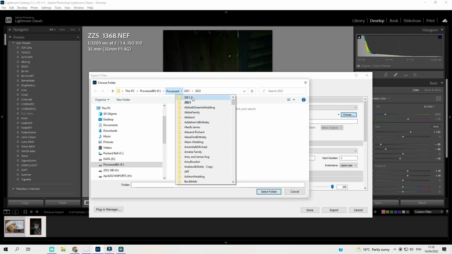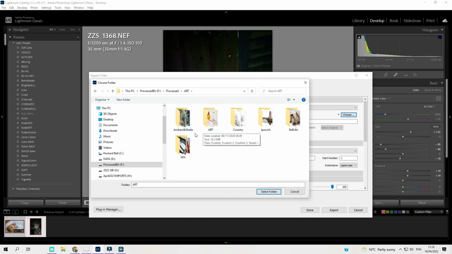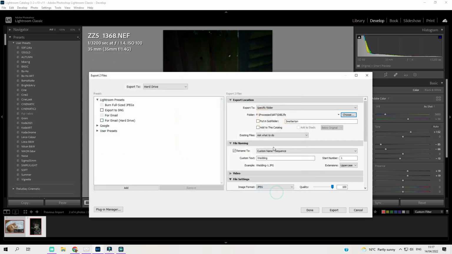There's a few I did earlier. We're going to put it into art. And within art, as I say, I'm doing this as a voiceover, I think I'm going to put it into still life in a moment. Yep, still life. Select the folder, and that will put the exported files